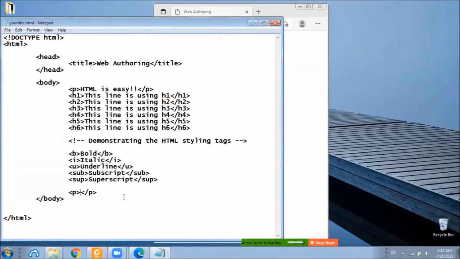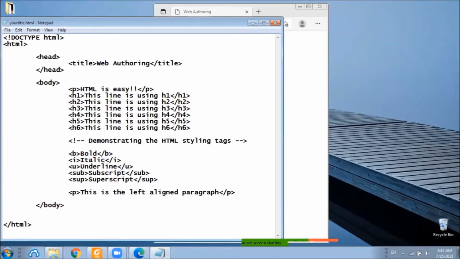Here, I specify this first paragraph as left aligned paragraph.